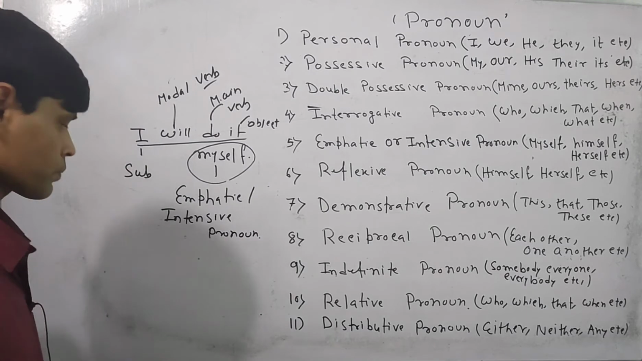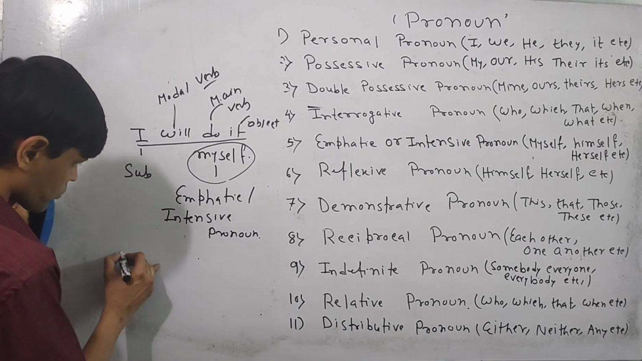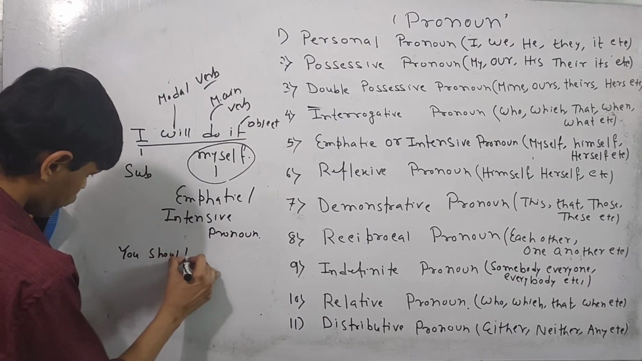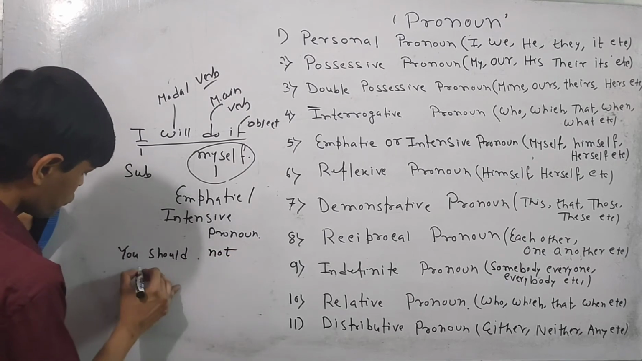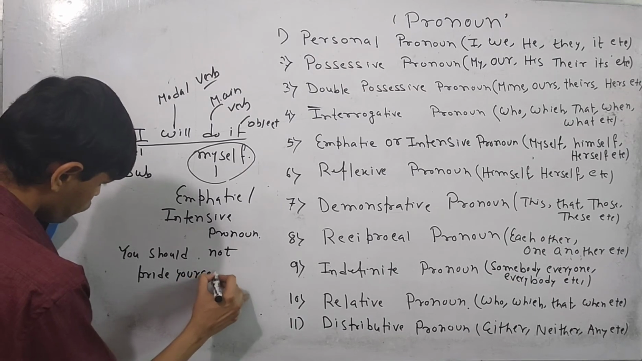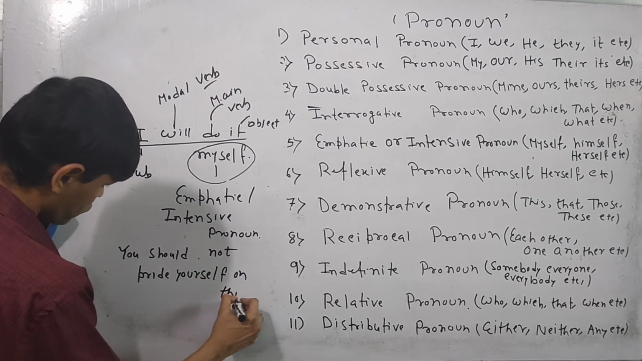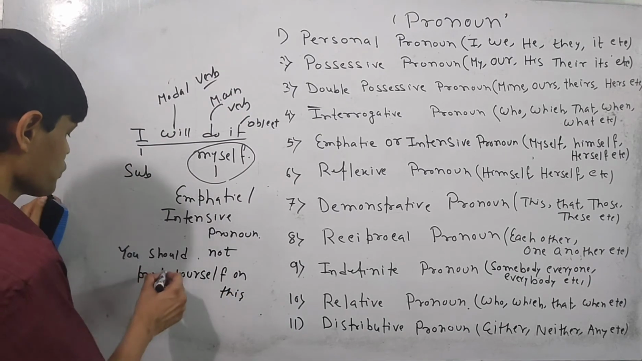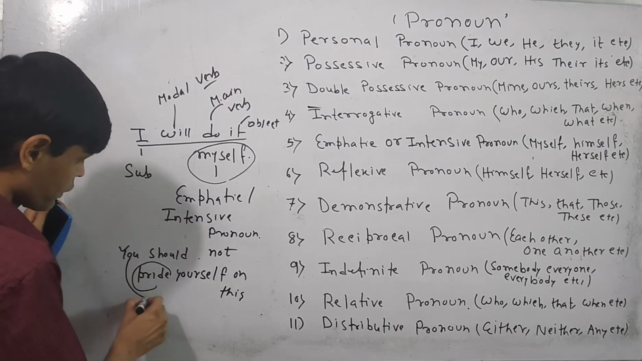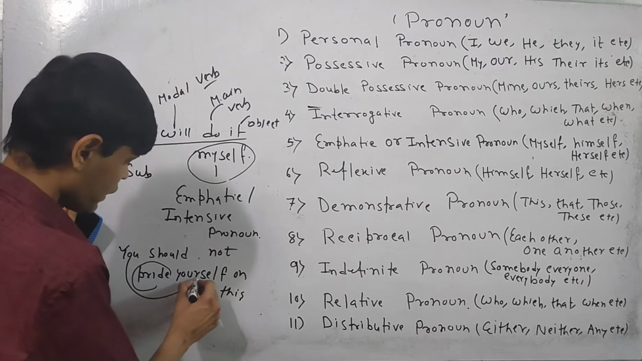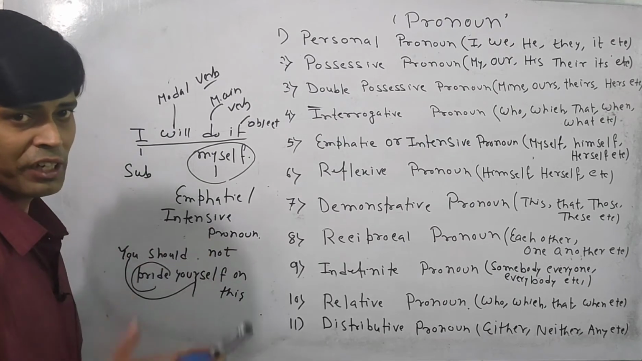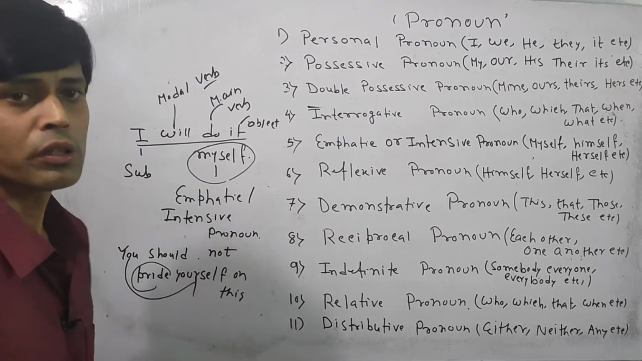Now if I say, you should not pride yourself on this. Here pride is used as the main verb. Now be careful, the reflection of the subject has fallen on the object. Here it is called the reflexive pronoun. That means whenever the reflection of the subject will directly fall upon the object,